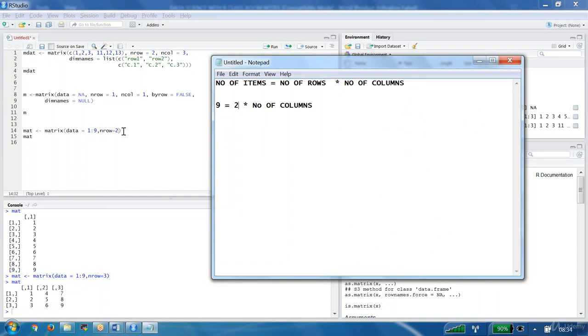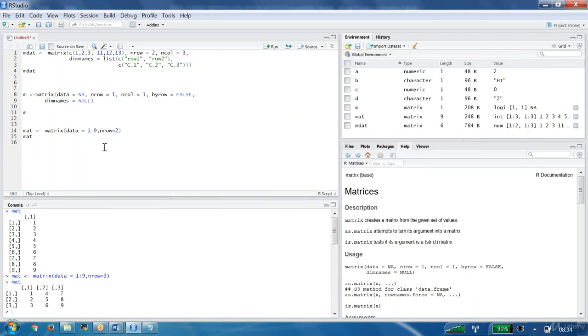I mean to say 2 into 3 is how much? Sorry, 6 values, right? 2 into 4 is how much? 8 values. 2 into 5 is how much? 10 values means I don't have 10 values here. 2 into 4 is 8 values I have. One number is wasted, right? So what way is it going to take it? It's going to take 10 values and fill the one value with null, or it is going to take the 8 values and ignore one value.